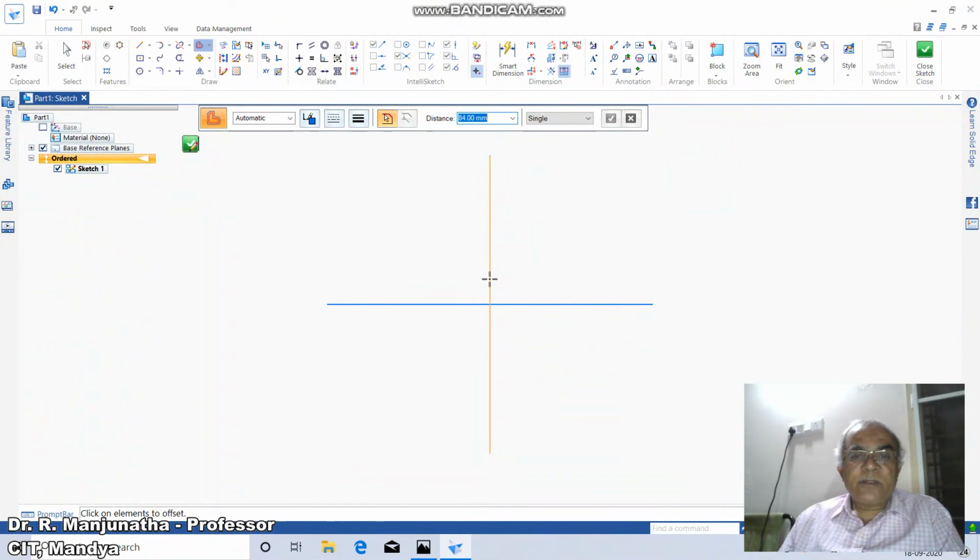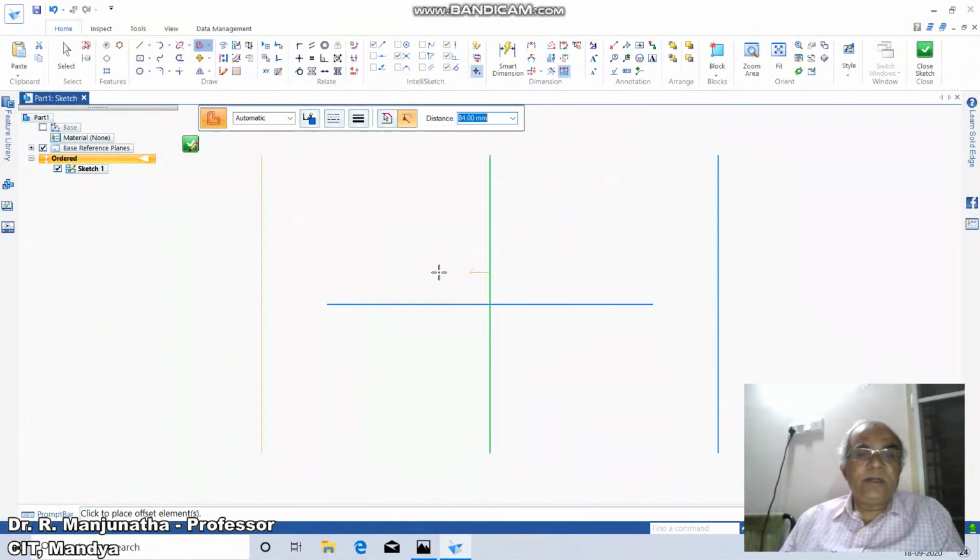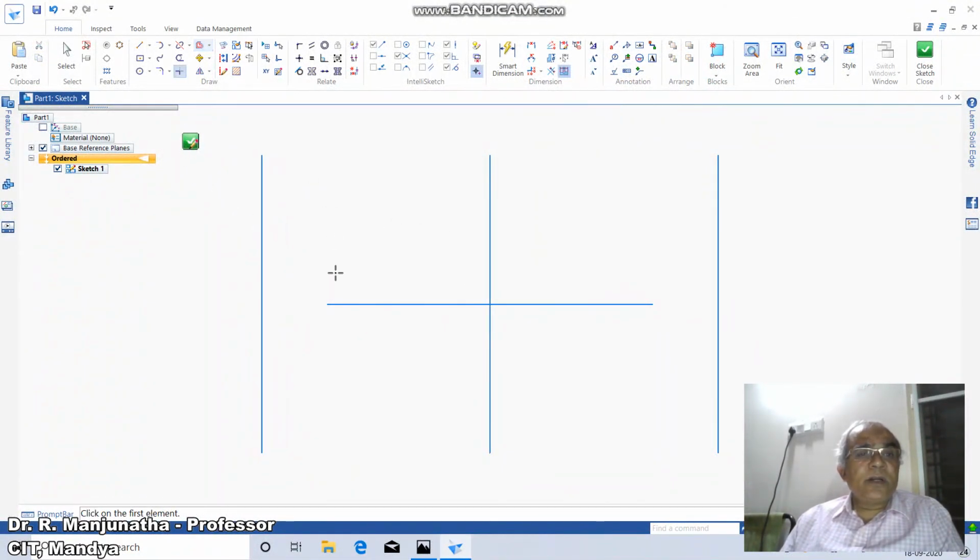Then you click on the first button of the mouse and accept by clicking on the second button, and again you click on the first button to execute the command. Then once you complete this, you click on OK, that is the right button. Similarly, again you click on this and you accept it by clicking on the second button. Again you click to place the offset elements. It should be to the left side. You just take the cursor to the left side and click again, so it is going to be offset by 84 mm. And then I need to cancel this, so you just right click or click the second button. Then go to Trim Corner between this and this, between this and this.